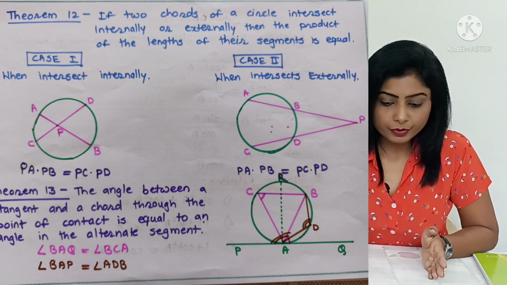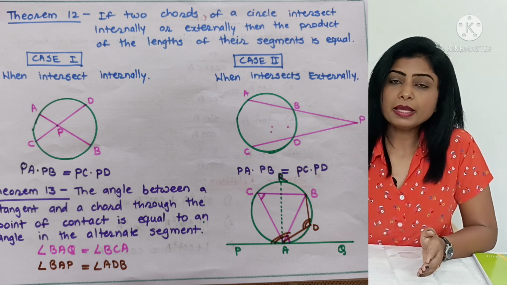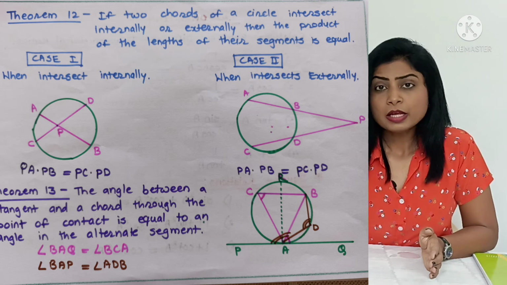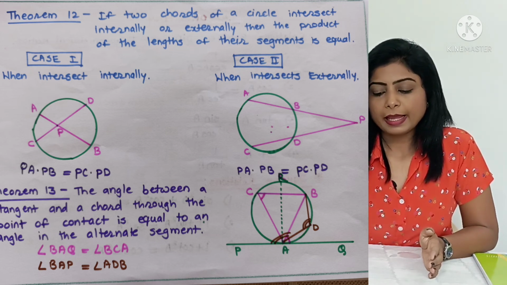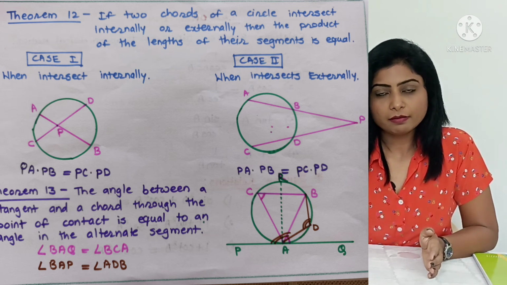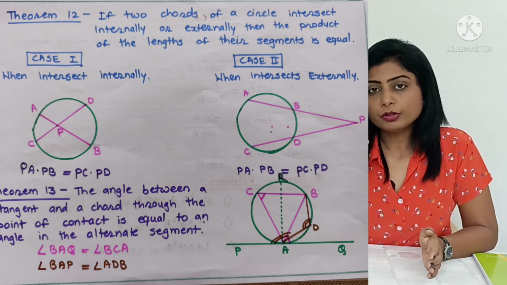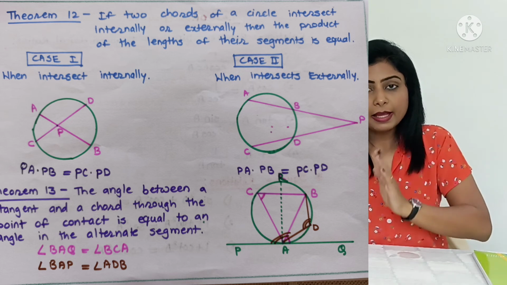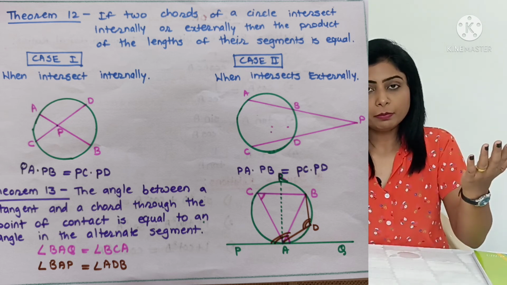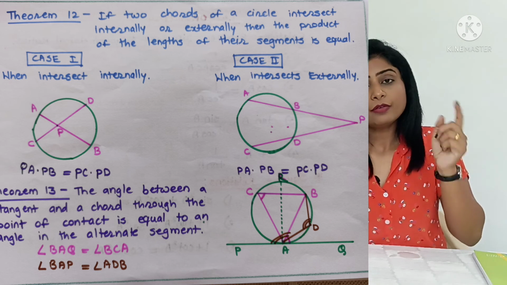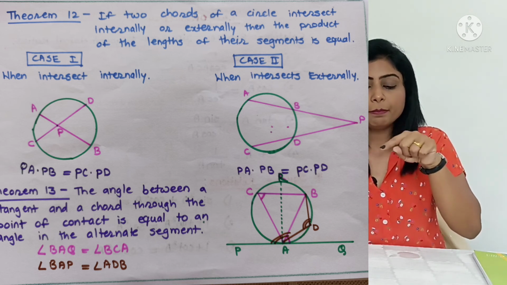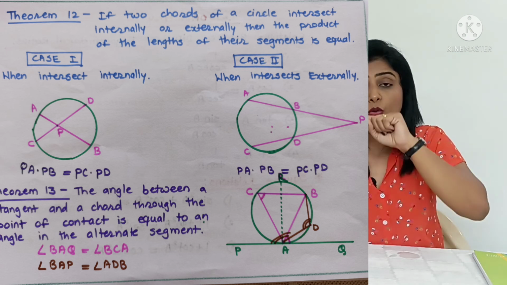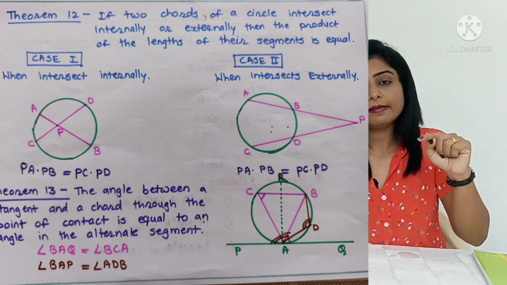So in this diagram, PAQ is your tangent and AB is my chord. So the angle between them, BAQ, this is the angle I am considering. So what will be the opposite segment? The remaining half part of the circle. So if I am considering angle BAQ, then the segment will be the upper part of the circle. Now here which angle is getting made? BCA. So according to this theorem, angle BAQ is equal to BCA or ACB.